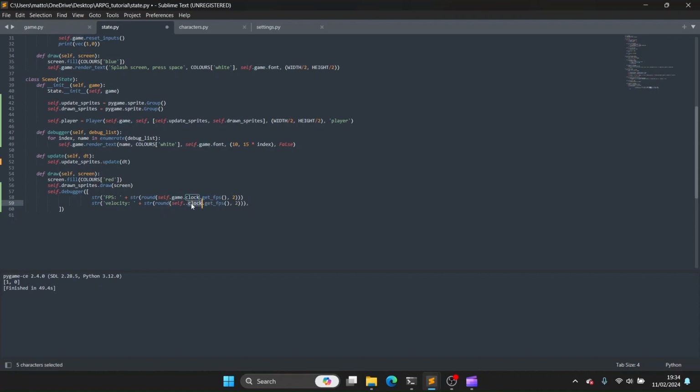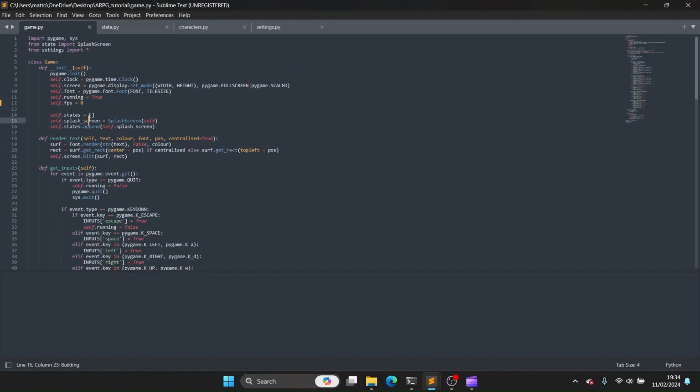And all we need to do here, self.player.vel should round out to 2 decimal places. And then that's another part of our list, so each item in our list for the debugger. And then if we go to game and run this, we should get